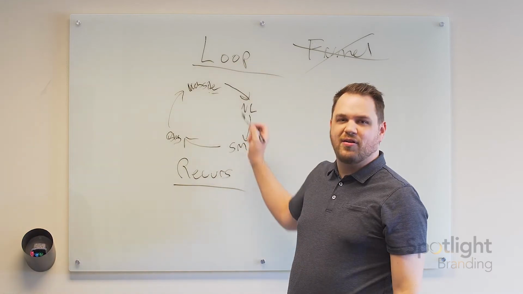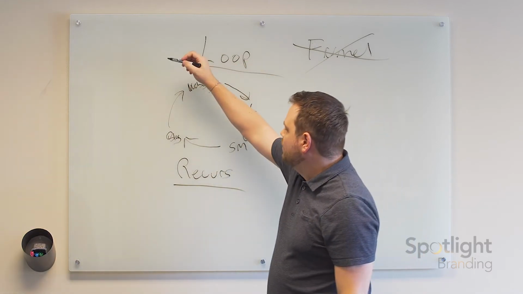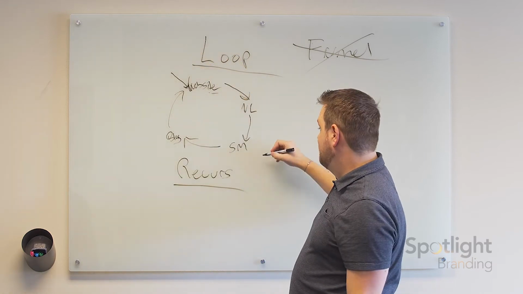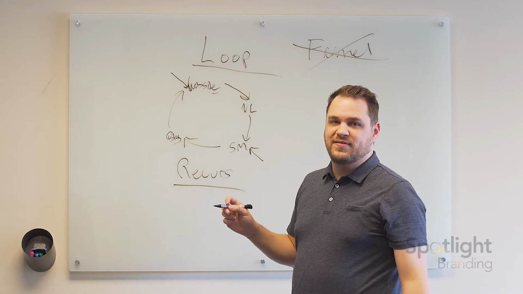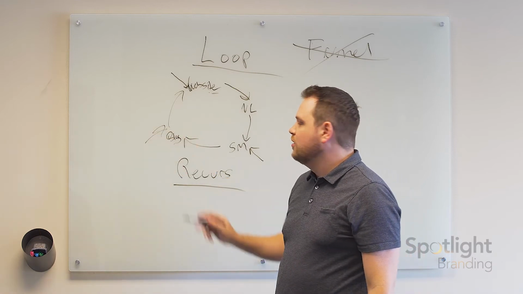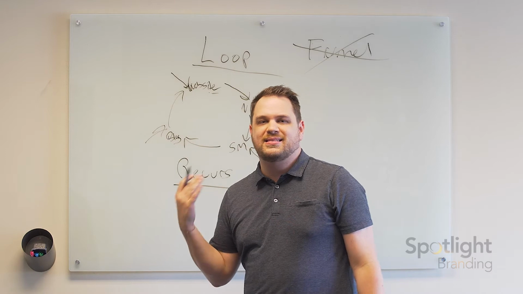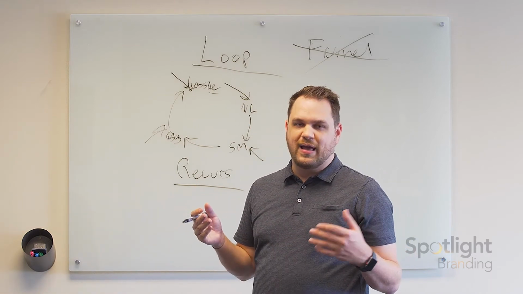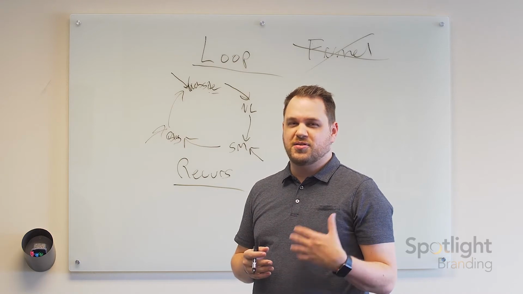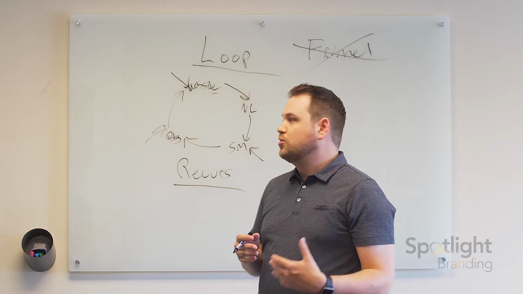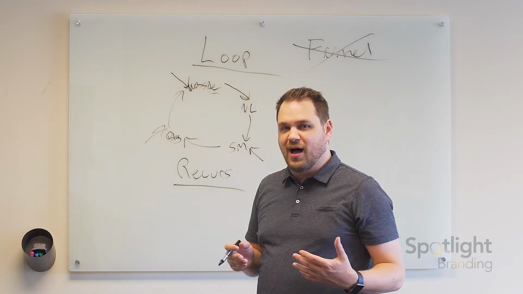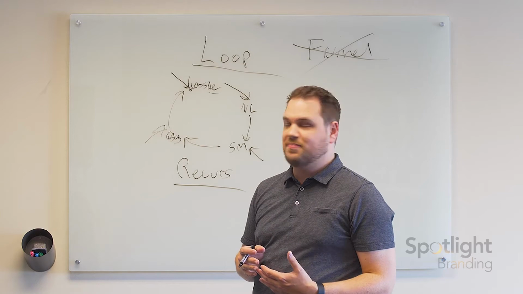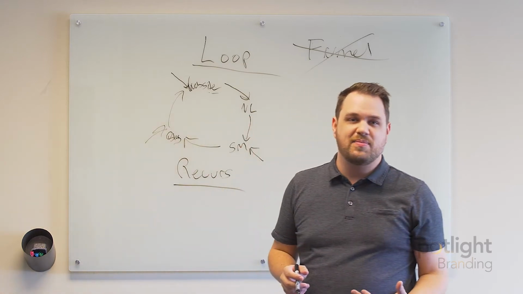Okay, this never ends. So no matter where somebody comes from, no matter what point they come in, they might come in from your website, they might even find you on social media, they might have done a Google search and found you through your blog. The point is that we want to get them into this ecosystem where you're staying in touch with them forever, okay? Especially if you get their information in some way, shape, or form, they're on an email list, you can email them anytime a new blog comes out, okay? You can email them and invite them to like and follow your social media pages, okay? You can obviously send them your email newsletter.